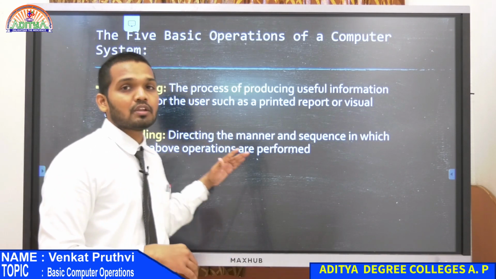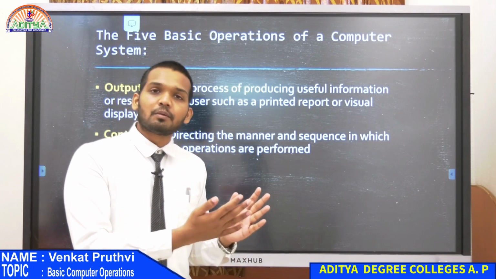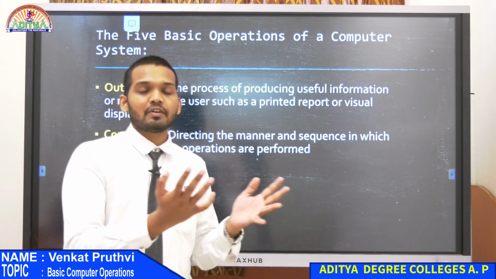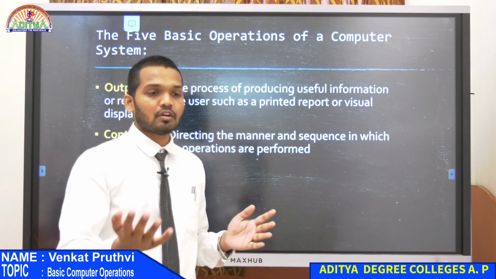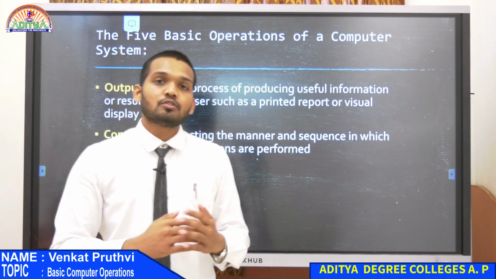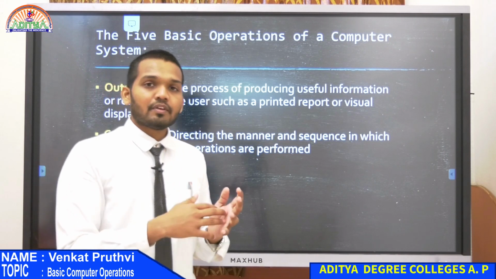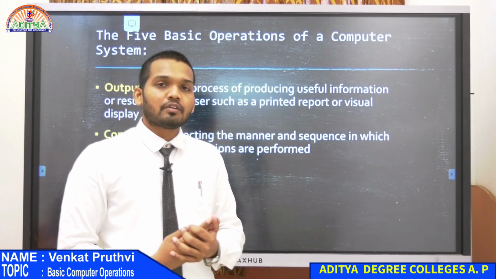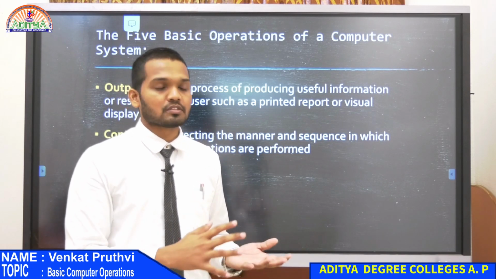So without controlling we cannot do anything, because input has its own program, its own data, or its own function, and the scope of input would only be until there. It doesn't know how to interact or how it has to talk with the other components. In the same way, the output or the processing only handles the tasks that are programmed for the processor.